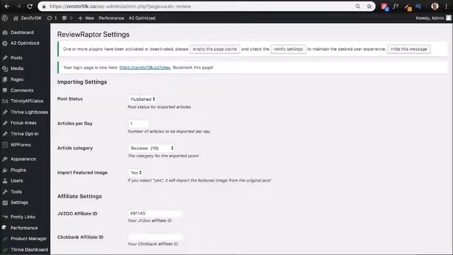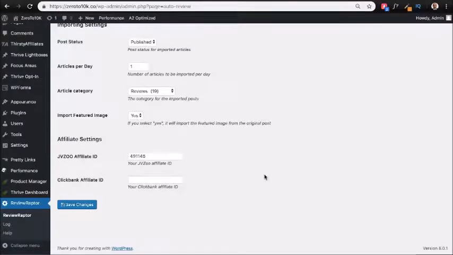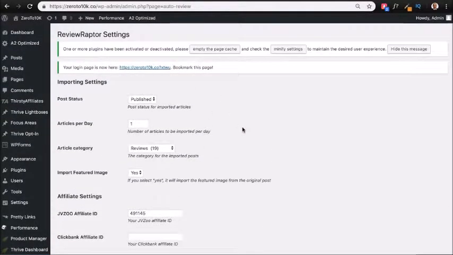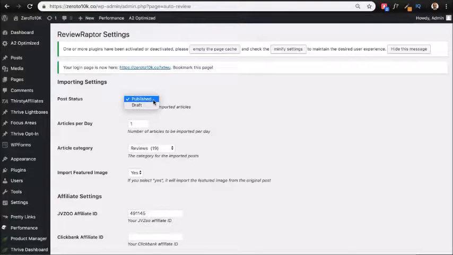All right, so here's a quick demo of the ReviewRaptor plugin, and I'm on the plugins settings page. This is on my WordPress backend, and I'm using the 0 to 10K site. What this powerful plugin does is that it goes to our source site where we have professionally written review articles, and it imports those and populates them with the user's links, affiliate links, unique links, and posts them on the blog. So I have decided that I want these articles to be published and not go to draft, but